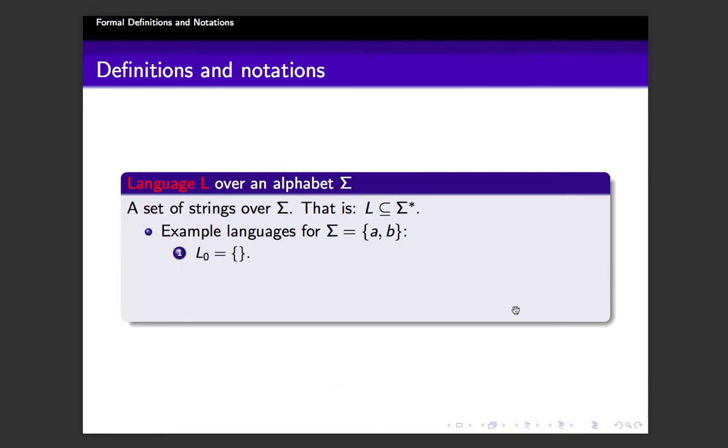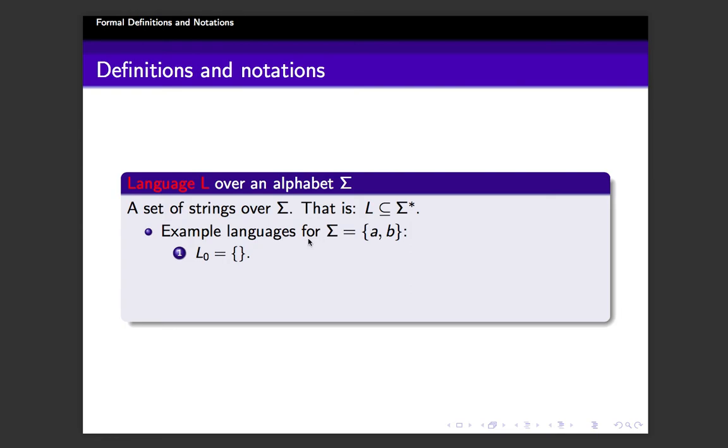Now the next definition is for a language. Given an alphabet set sigma, what is a language L over sigma? It is defined as a set of strings over sigma. Any set of strings is called a language. Or mathematically you can say that a language is any subset of sigma star. What is sigma star? The set of all strings. So what is a subset of sigma star? A set of strings. And that is the definition. So a language is any subset of sigma star.